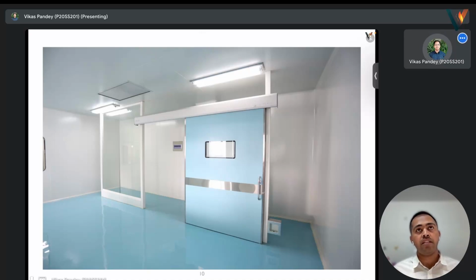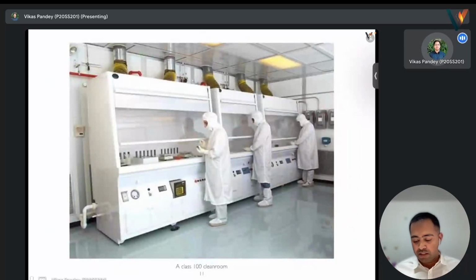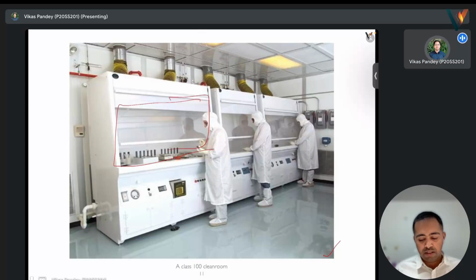Class 100 areas are generally not maintained in a big room. They are maintained inside small chambers or fume hoods, you can say. So this you see is a class 100 clean room, and the whole area is not exactly class 100. Mainly this area is the class 100 clean room. This particular outside may be a class 1000 clean room, and that particular area inside is maintained at class